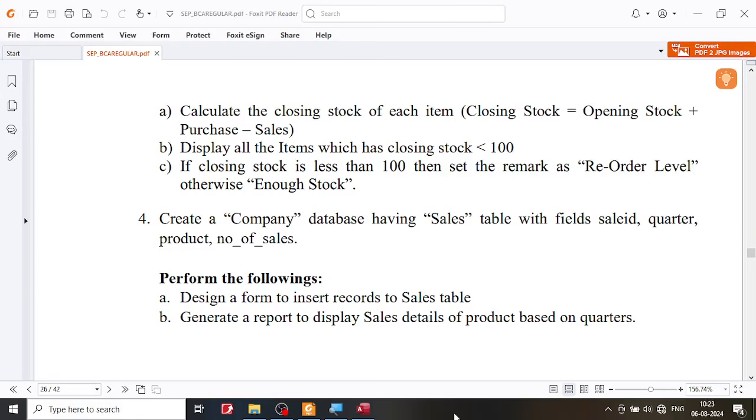Let us try some exercises. In this exercise, we are supposed to create